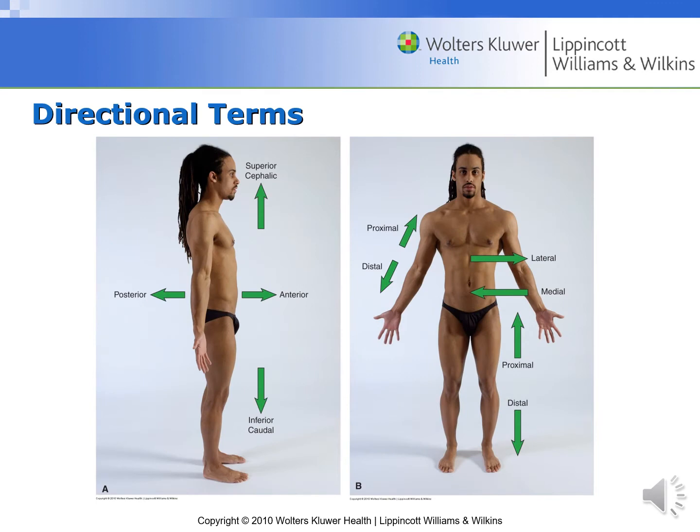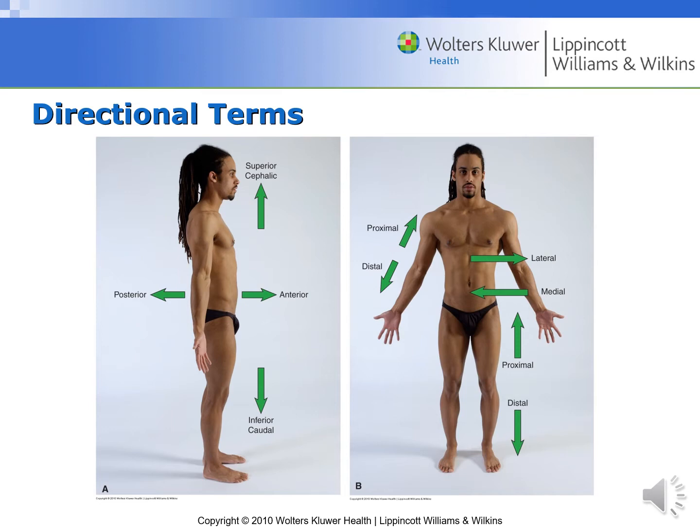Using the anatomical position as our starting point, we can describe relative positions of different body structures using what is referred to as directional terms. There are at least 10 directional terms used to describe the anatomical regions and body positions. These 10 directional terms are superior, meaning in the head region, also referred to as cephalic;